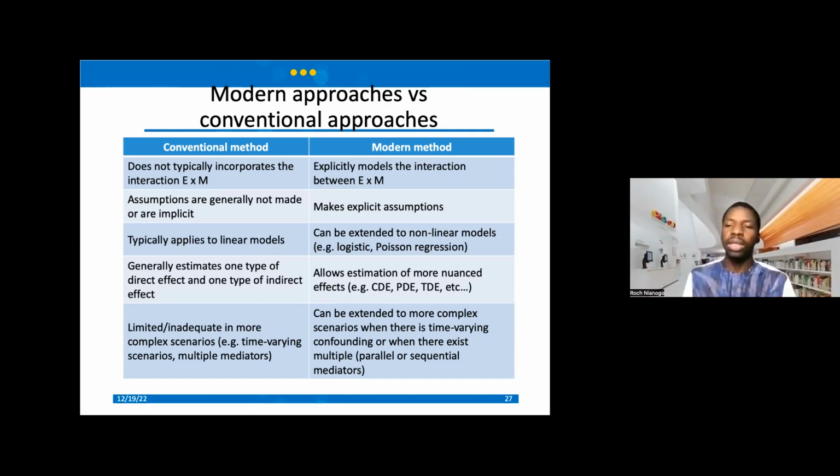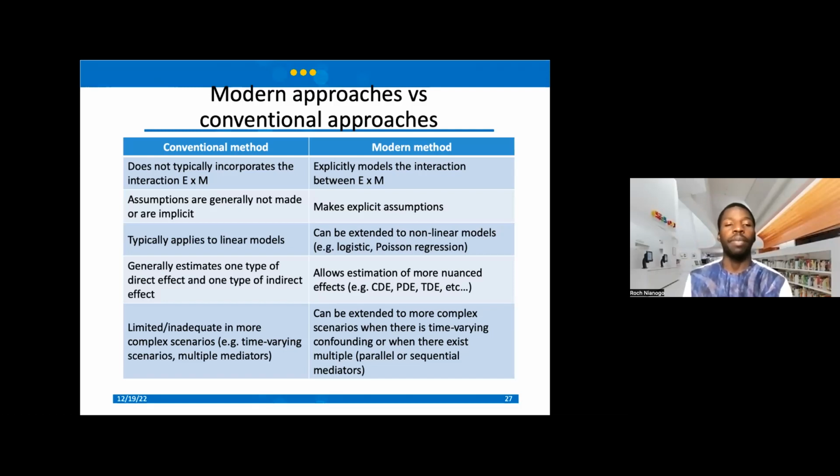So we need to train ourselves to become comfortable making those assumptions explicit so that everyone can see. It's very transparent. Again, conventional methods typically apply to linear models, and modern approaches can be extended to nonlinear models like logistic, Poisson models, and others, right?